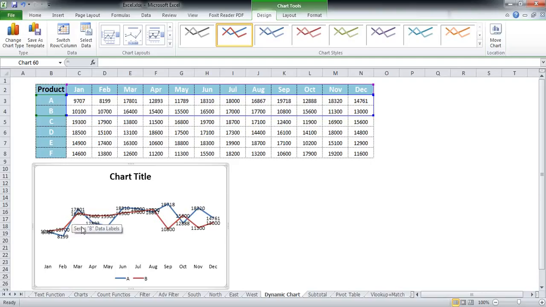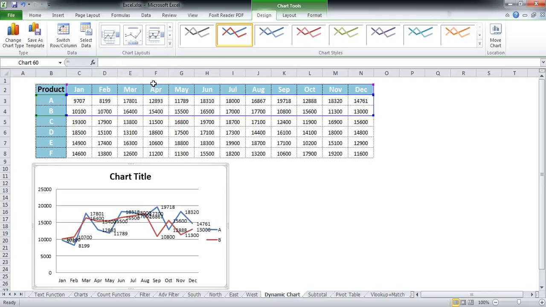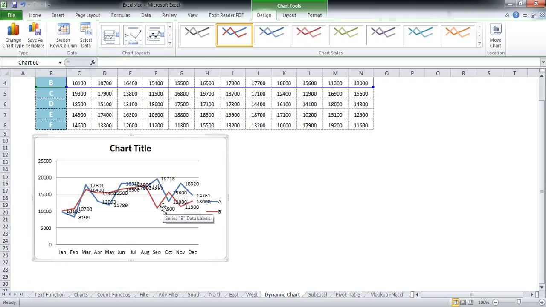Now you can see that for March the sales numbers are 16,400 for product B, and for product A it is 17,800, and so on. Moving on to the layout 9, you can again see it is somewhat as we previously discussed. We have the data labels present at each and every point which is being created for every month. So now you know that for March, for product B you have the value of 16,400, and for product A, for March, you have a value of 17,800.